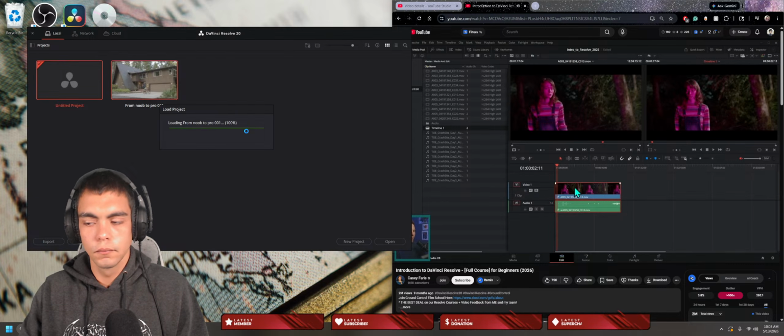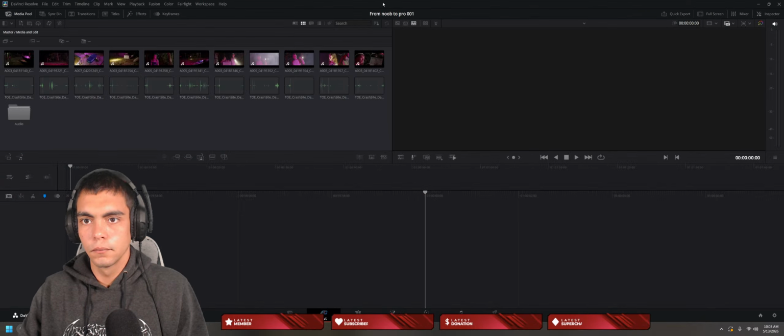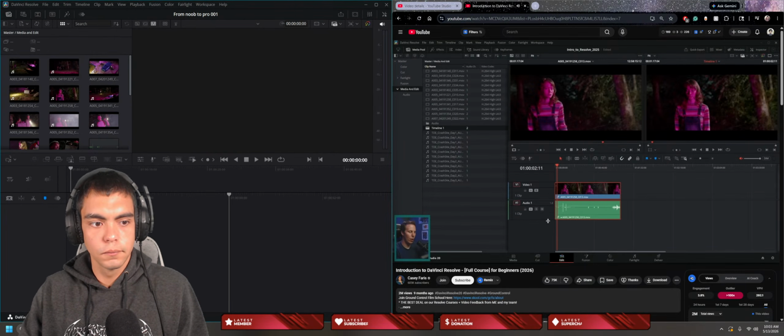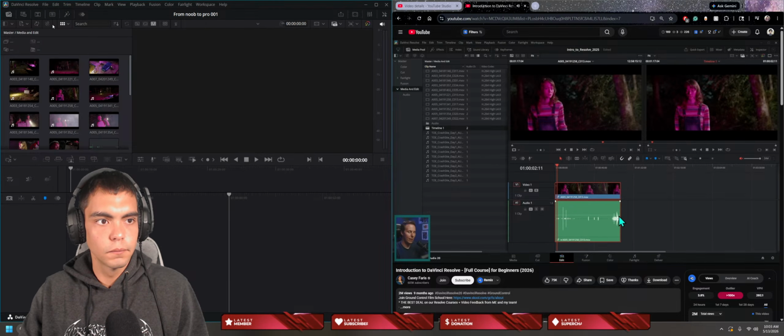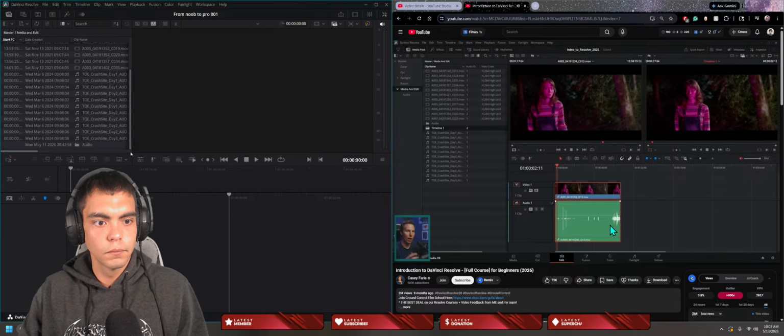By default, we have a video track and an audio track added here. If I take the bottom edge of this audio track and I drag it down, that'll make these waveforms a little bit bigger. And so we can see a visual representation of what's happening in the audio. So the bigger the spike, the